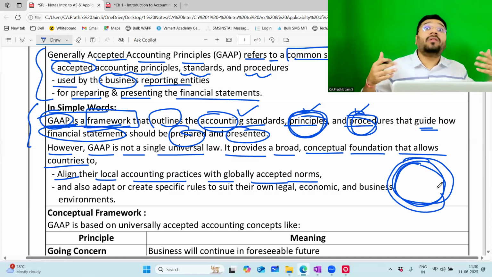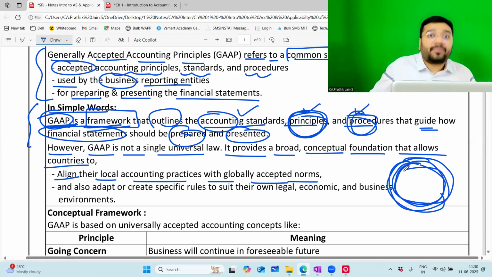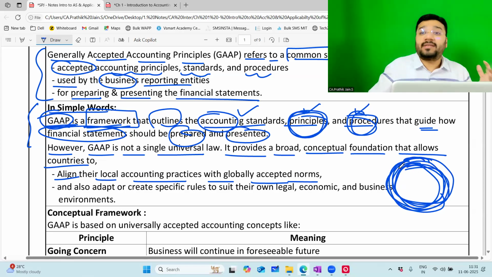Now, all the countries, including India, come within GAAP. We try to adopt GAAP as it is, or we try to modify it to suit the economics of the country, the legal structure that we have, and the taxation that we have. In alignment with that, you can customize it. But you can't fall beyond this circle. Whatever rules you want to recreate or modify, it has to be well within this circle. This is an ultimatum given by GAAP to all the countries.